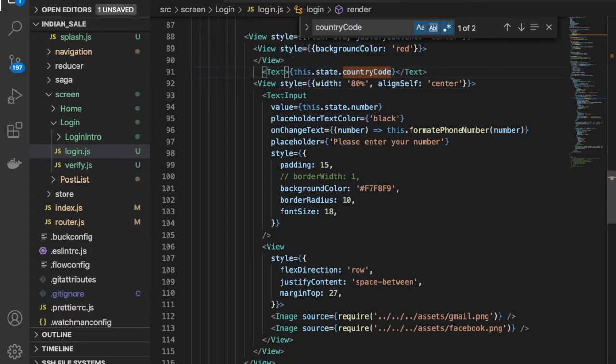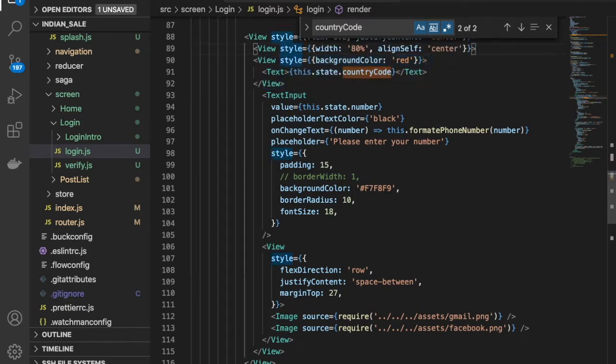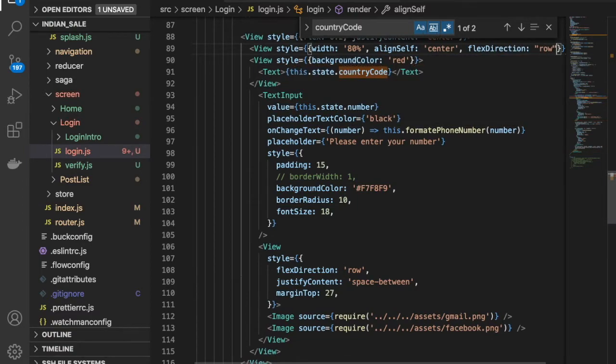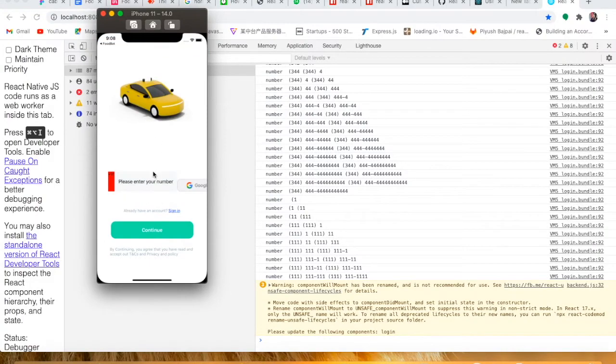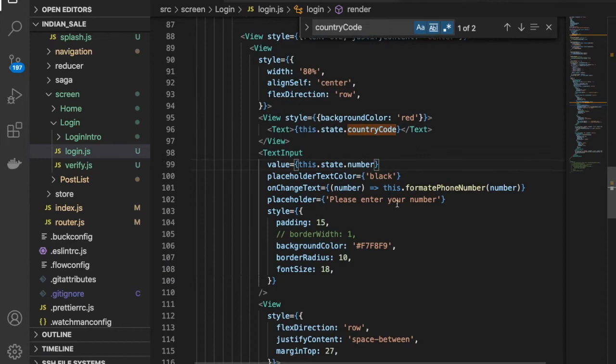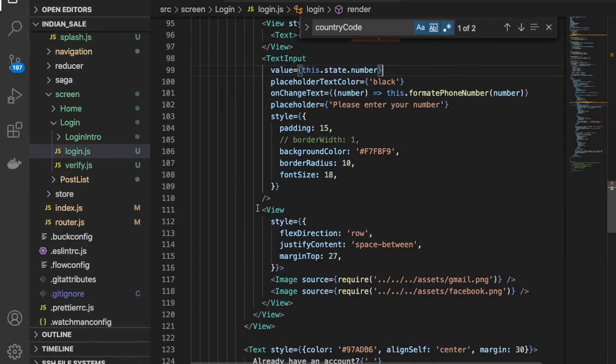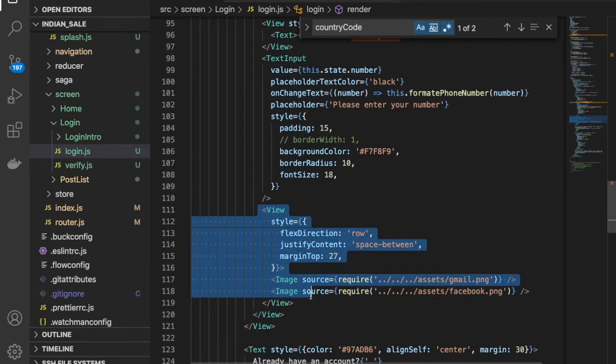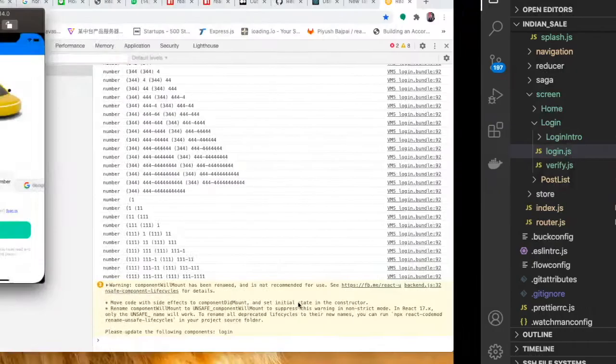So let me just go here, like this, and then we'll have flex direction row. Perfect. Then we have this view part, so just make it like this.